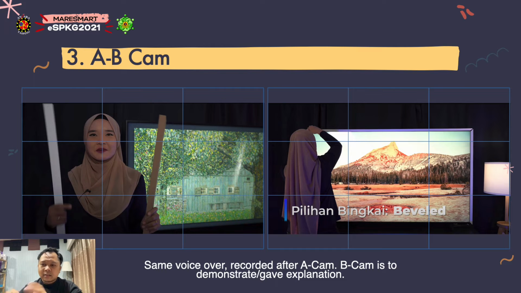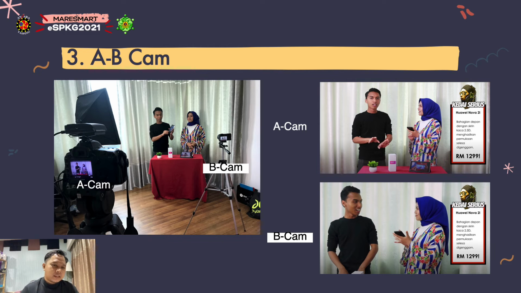And the next thing is taking pictures of the subject. For more examples about A and B cam, you can see it here. This is when we do a kedai series. Kedai series is like a live sell, like a smart shop, like CJ Wow shop selling items. You can see the positions of A cam and B cam, where the angle is a bit different. A cam is usually a wide shot, and B cam is much closer.